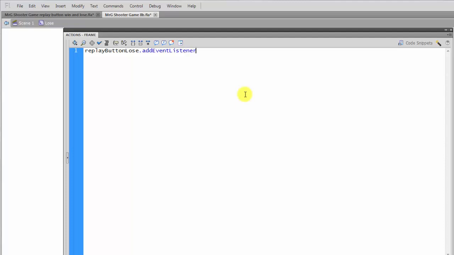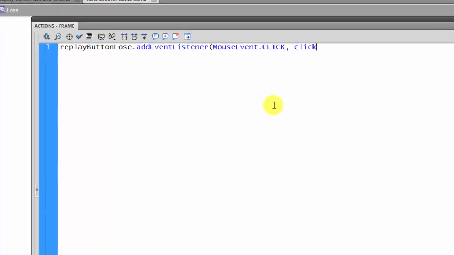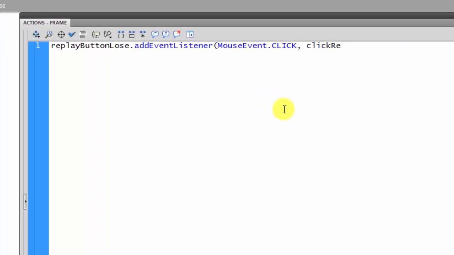listener. And what type of event is it? It's going to be a mouse event. And what are we listening for? We're listening for, and this is all caps, click. Oops, no space after the dot. Wondering why it's not in blue, because there's no space after the dot. And then we're going to run a function, and I'm going to call it click. Now click is a key word, but when I add to this, it's no longer the word click, so it changes from blue to black. Click replay lose, and of course I'm using my camel case. Click replay lose, close parentheses with a semicolon,